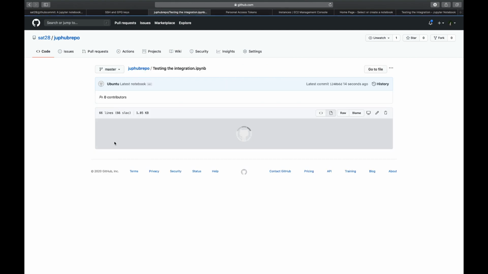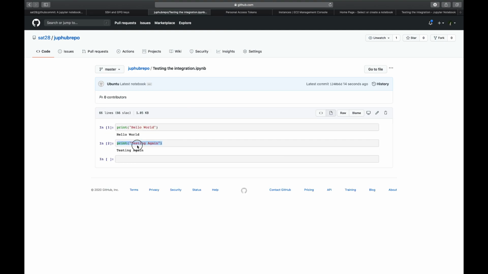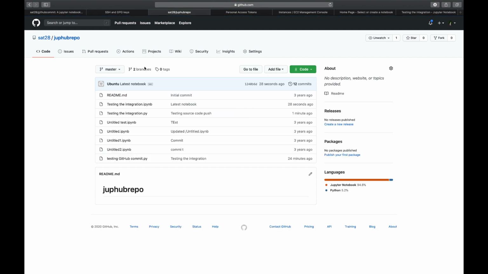Now if I go to the notebook, you see the size has also changed, and testing again is here, and even the commits, latest notebook, everything is present here. So like this, any data scientist or data engineer can very easily leverage this extension and use version control along with your notebooks, your Jupyter environment, and this would help very well in the longer run. I'm pretty sure that everyone knows the advantages of version control in such a setup.